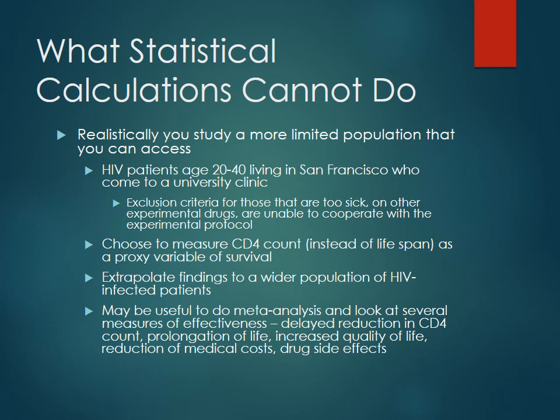And again, in a lot of cases, you may be using one intervention to look at a lot of different changes. So say, for instance, you're not only looking at CD4 cell counts, but you're also looking at reduction in medical costs, side effects, increased quality of life. And if I keep doing these different comparisons, what do I run into a risk of?